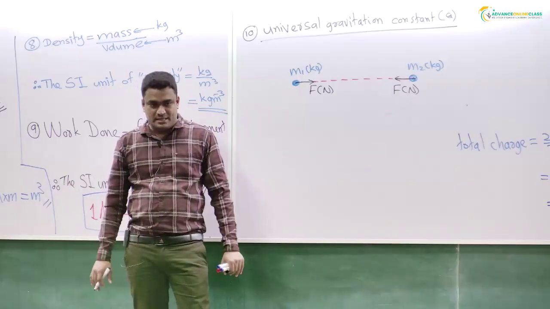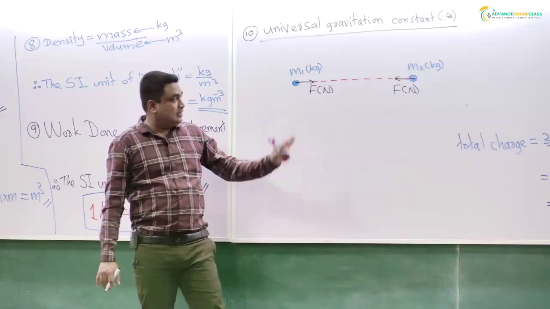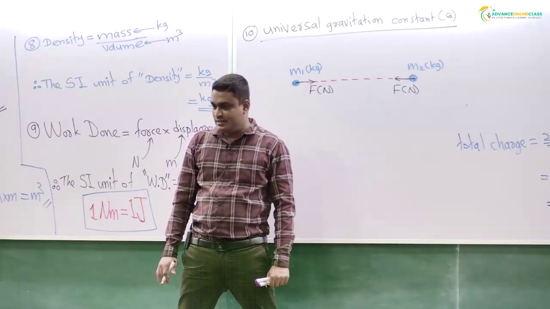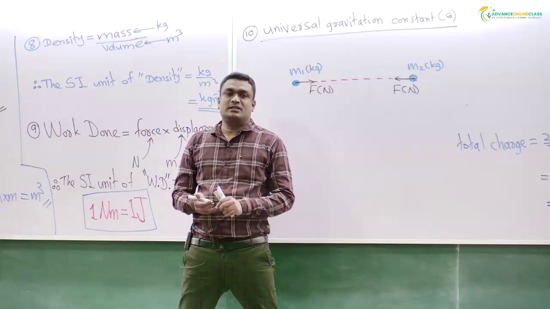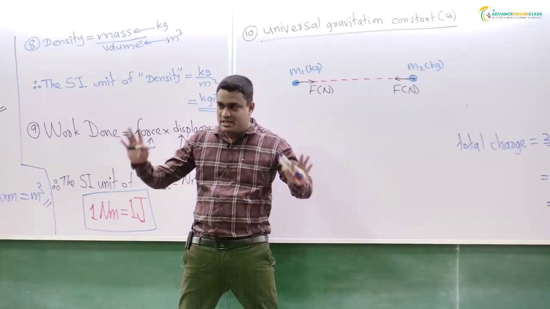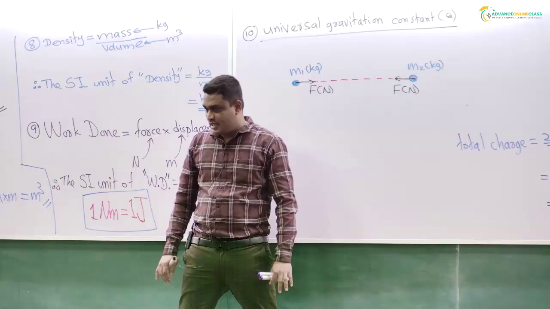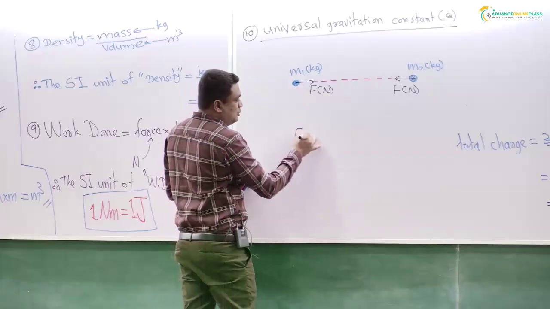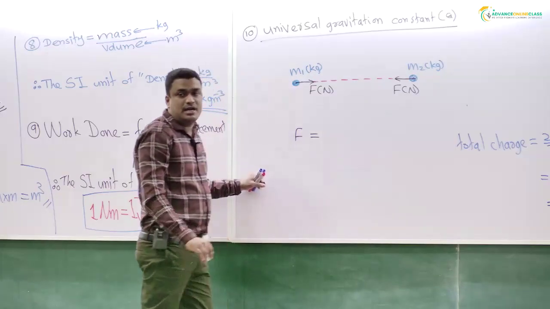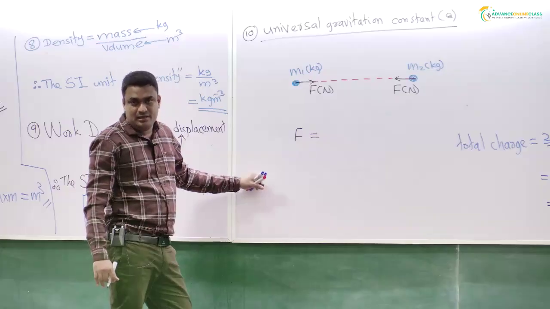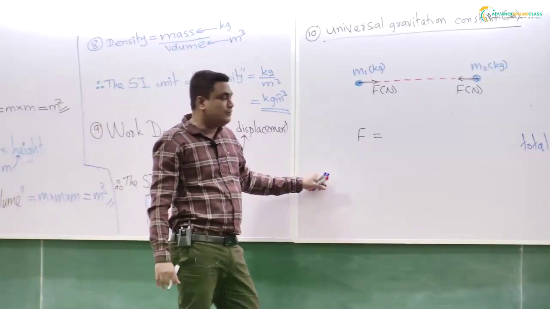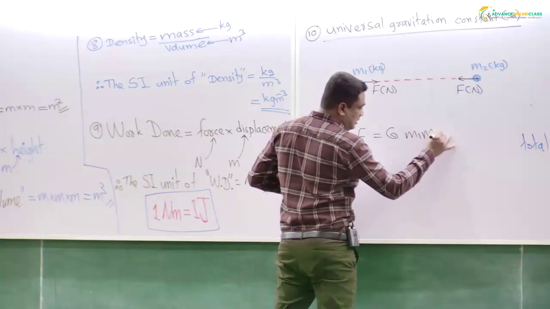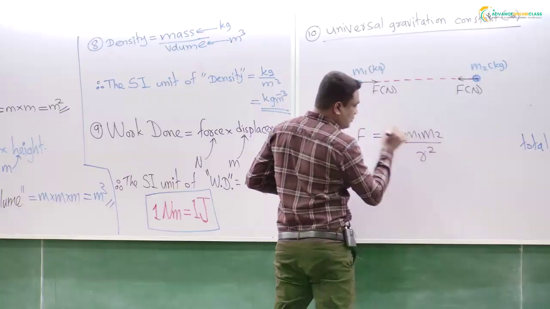Whenever there are two masses or more than two masses, they are attracted to each other. Right? The attraction force is named gravitation attraction force. The gravitation attraction force between any two masses in the universe can be found by Newton's law of gravity. We learn it as the fifth lesson of the syllabus. F equals G m1 m2 over r square.